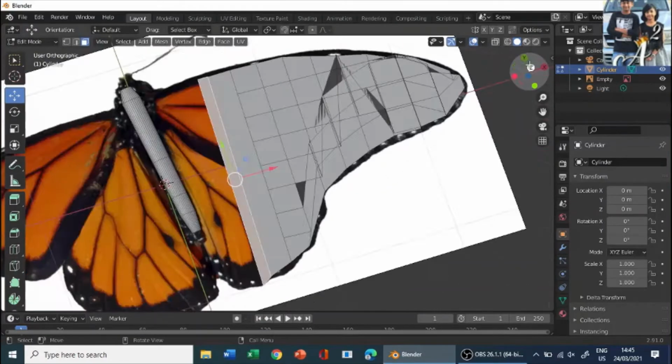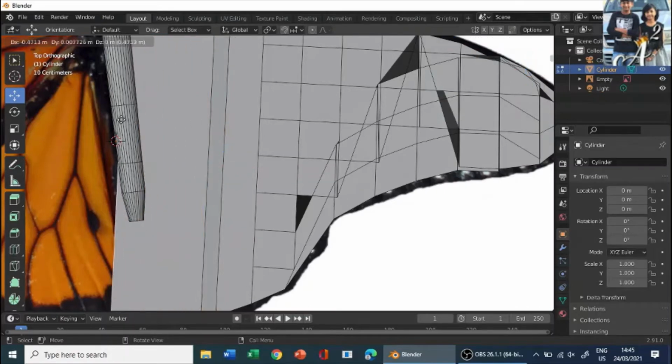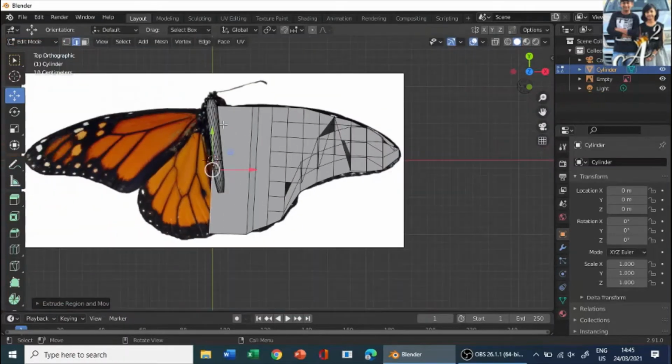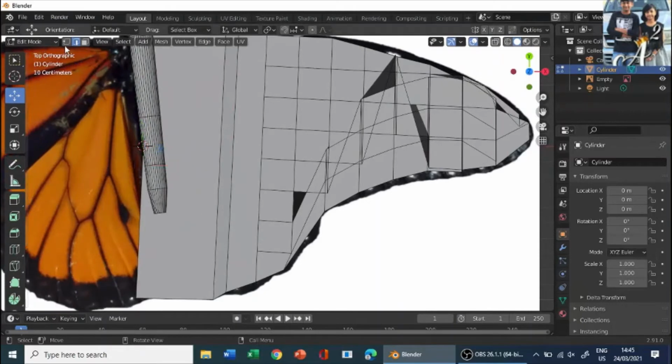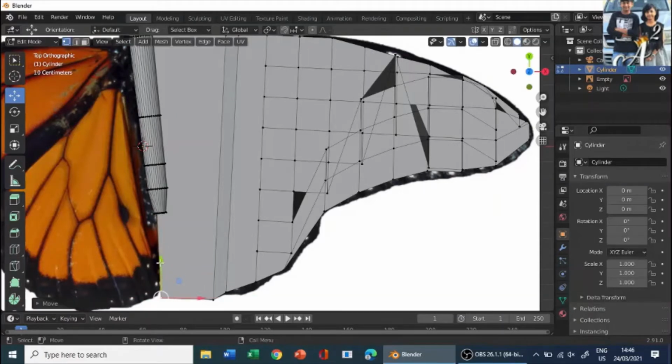So go to Z, and let this line be over here, and E to extrude, and extrude it till there. Okay, then let's go to vertices edit and click on the last edge and G on the line and move it up over there.